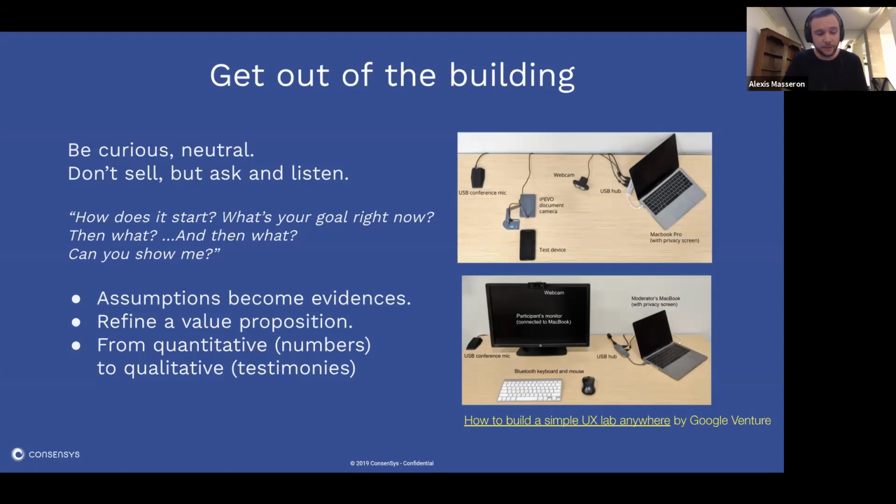And this is very important because it will allow you to materialize the reliability that was previously based on trends or on statistics you made, and make it very real. So here is a little example of how you can perform some user interviews on mobile or on a desktop. You can find some very useful resources for that.